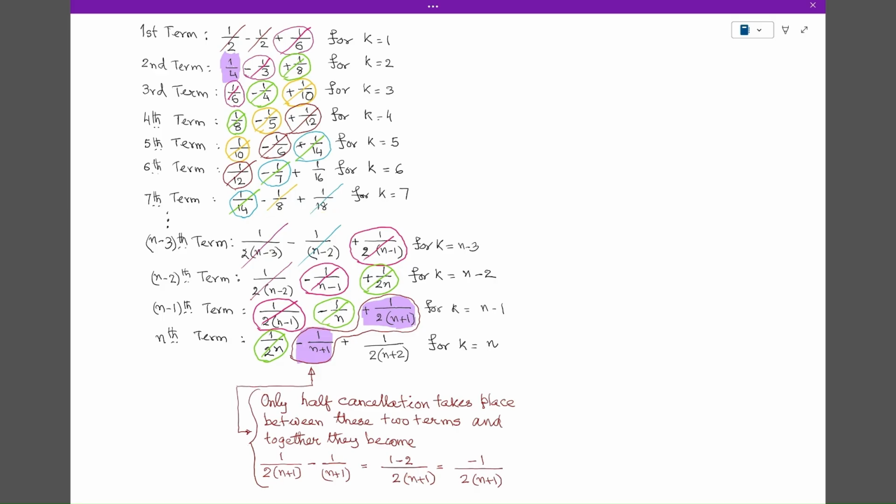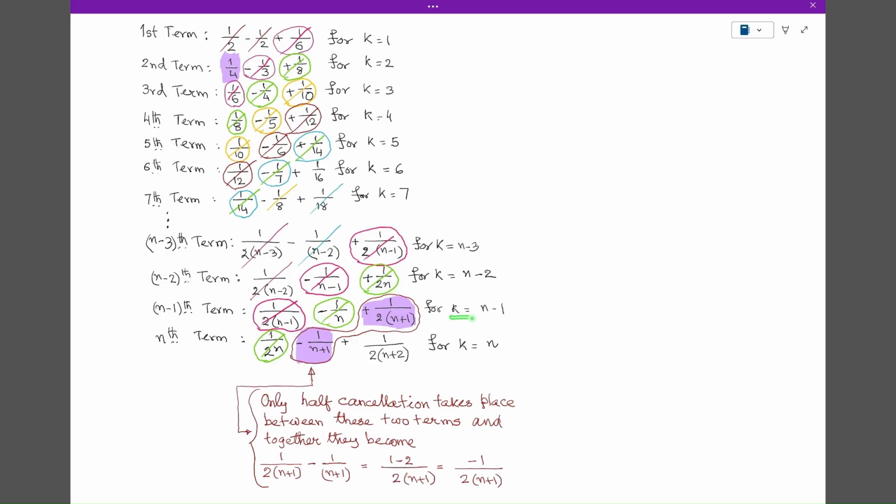This will continue until the n minus third term will become, for k is equal to n minus 3, 1 divided by 2 multiplied by n minus 3 minus 1 divided by n minus 2 plus 1 divided by 2 multiplied by n minus 1, and for k is equal to n minus 2, the n minus second term will become 1 divided by 2 multiplied by n minus 2 minus 1 divided by n minus 1 plus 1 divided by 2n,